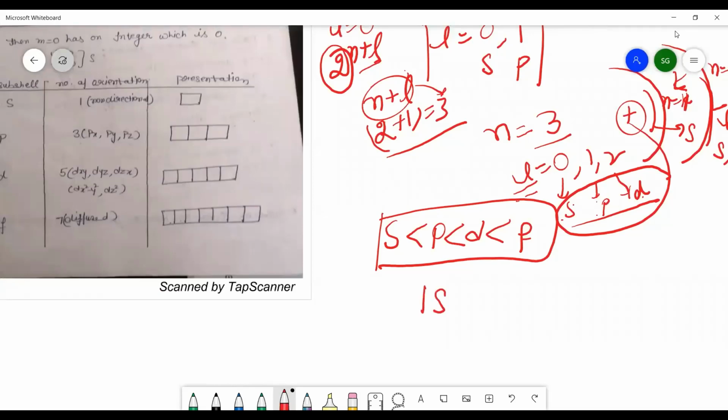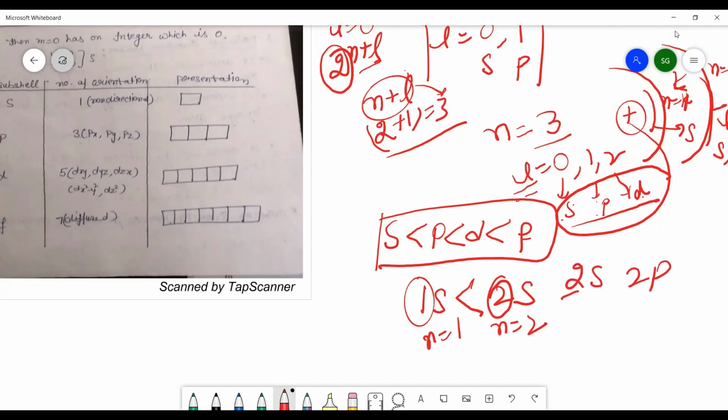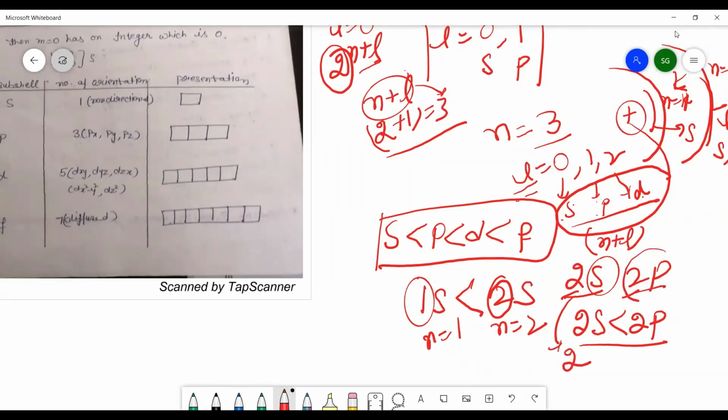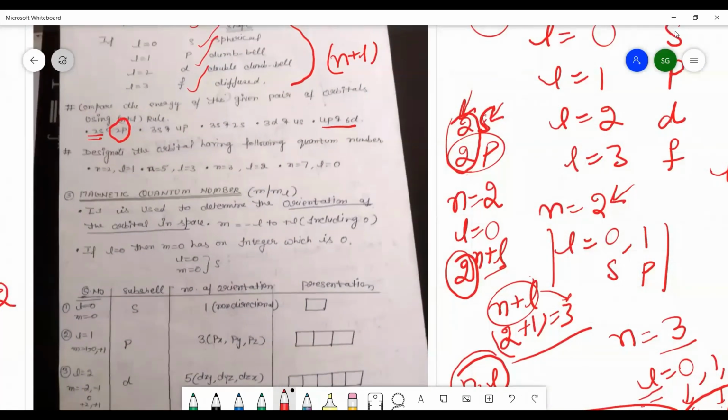अगर आप लेते हैं 1s and 2s ऑर्बिटल, अब इन दोनों केसेस में अगर आप देखेंगे तो ये n इज इक्वल टू 1 है और ये n इज इक्वल टू 2 है, तो इसकी एनर्जी ज्यादा होगी 2s ऑर्बिटल की. अगर आप लेते हैं 2s and 2p ऑर्बिटल, अब इसमें n सेम है, तो n अगर सेम है तो s ऑर्बिटल की एनर्जी कम होगी एज कंपेयर टू 2p ऑर्बिटल. यू कैन वेरीफाई विद द हेल्प ऑफ n प्लस L रूल आल्सो. दैट इज 2s and 2p में अगर आप अप्लाई करेंगे तो इसमें n प्लस L आएगा आपका 2 और इसके अंदर n प्लस L आपका आएगा 3. So in that manner, the n and L are very important to find out the energy of the orbital.